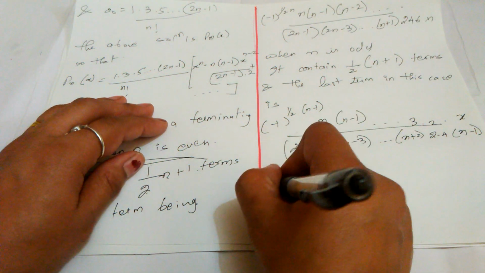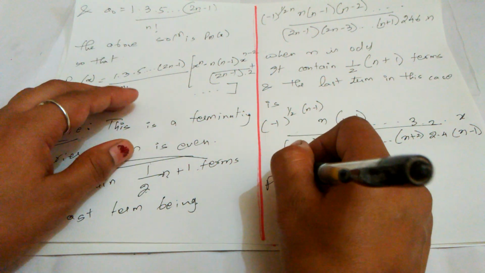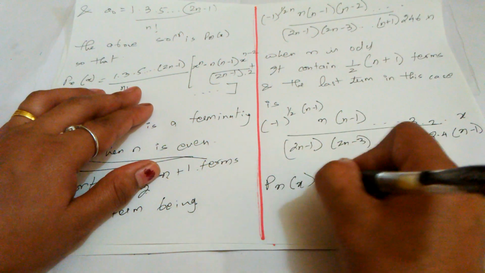So now, as a result, Pn, that is the Legendre polynomial, P of n is